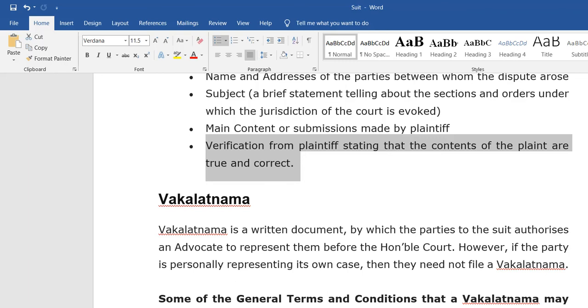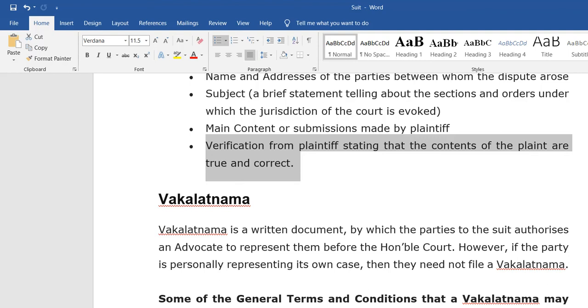So the Wakalatnama is particularly needed when I am a client and I need an advocate on my behalf. He has to go and work in court, fill in all the details, and work for me. That is where the Wakalatnama comes into the picture.